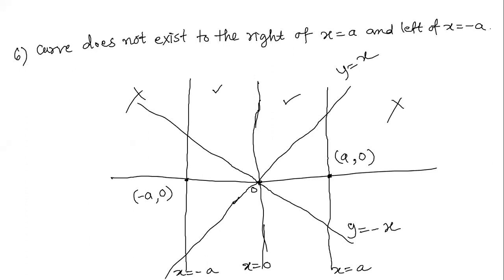Now again it is very much interesting. See, we had put y equal to 0. y equal to 0 put केल्यानंतर आपल्याला x चे 3 व्हॅल्यू मिळाले, x equal to 0, x equal to a and x equal to minus a. Now my next question is, does there exist a loop between the origin and the point a comma 0?